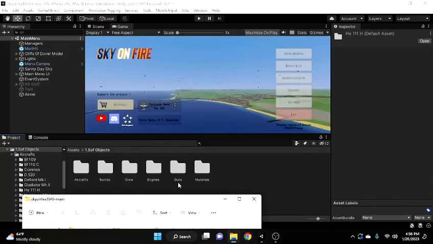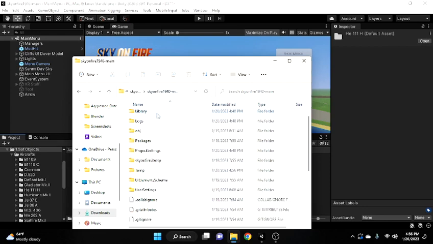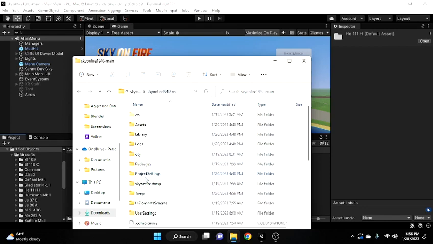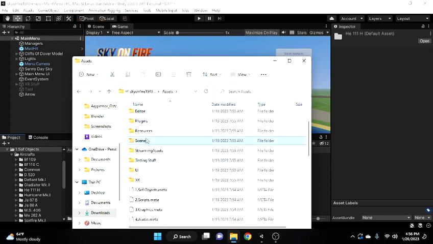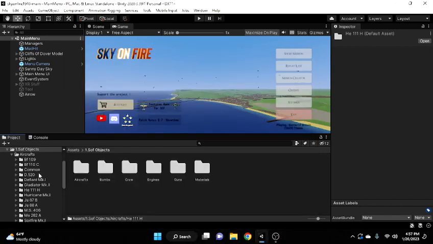Funny Unity tutorial time. Alright, so you guys should already know how to be here, at the main menu scene. All you want to do there is go to your Sky and Fire main folder that you downloaded, extract it from the GitHub, go to Assets, go to Scenes, and then open up this Unity scene file, and that'll boot you up here. So if you wanna actually modify anything,